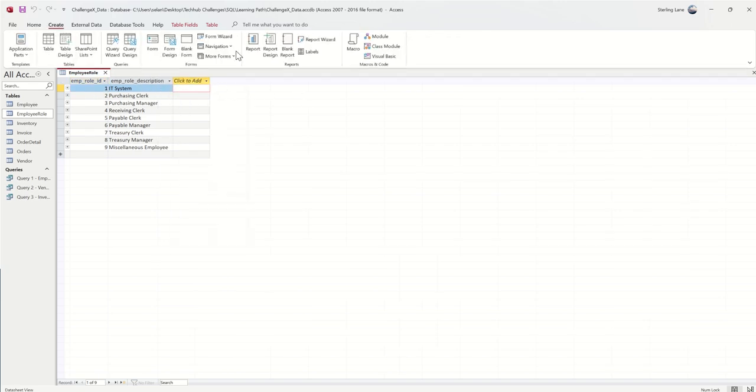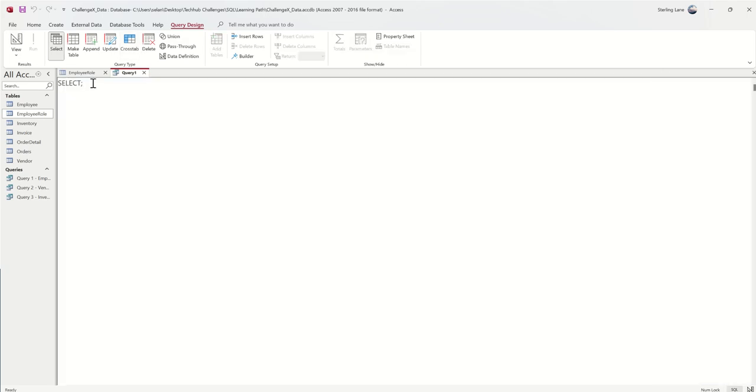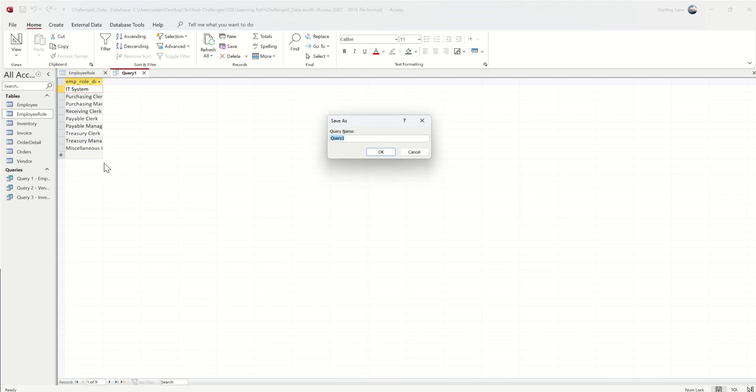So let's go ahead and do create, query design, switch to a SQL view, and then we can simply put the temporal description in here. And then in our from, we know it's going to be from the employee role table, so we want to make sure to keep it as such. We can go ahead and click run, and this gets us the list that we want. So now we will go ahead and save our query to query 4,